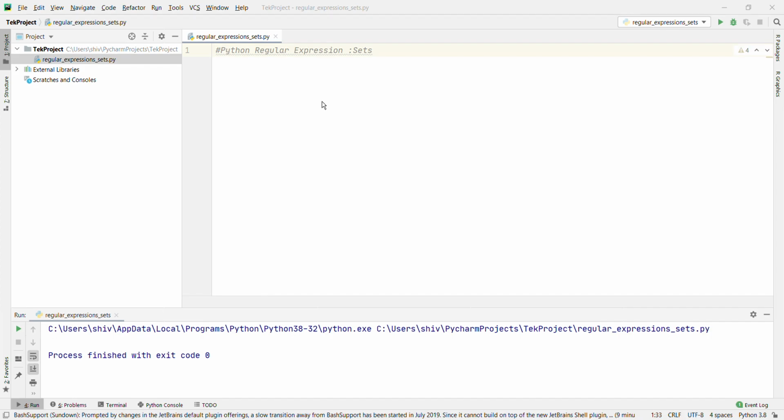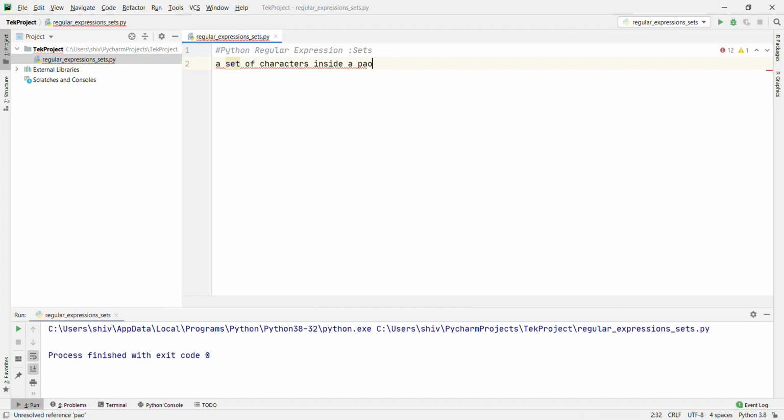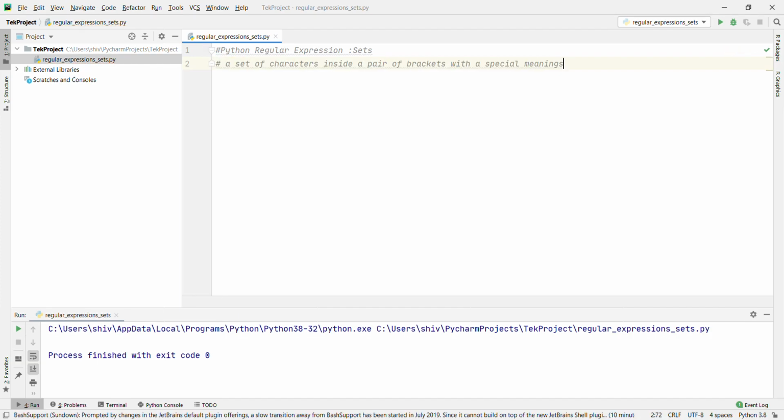A set is a set of characters inside a pair of square brackets with a special meaning. Okay, let's go with the examples one by one.